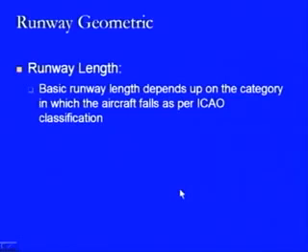So, starting with these various geometric features, the very first one is runway length, where the basic runway length, as we have seen, depends on the category in which the aircraft falls as per the ICAO classification. We have seen its effect on the computation of the basic runway length in terms of takeoff distance available, takeoff run available, or the distance required for acceleration and stopping available for the aircraft, and likewise